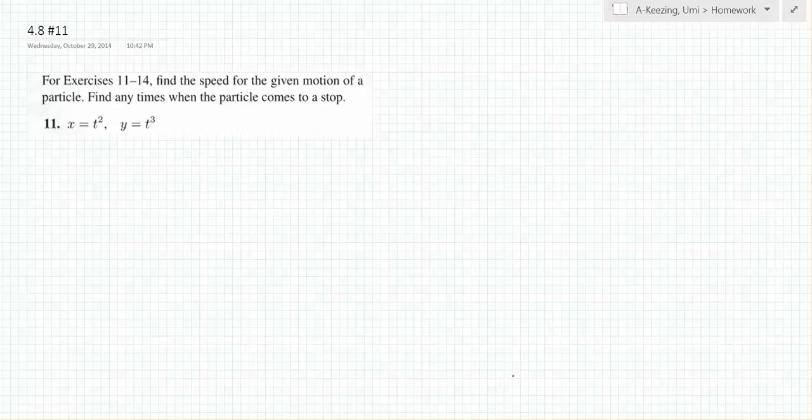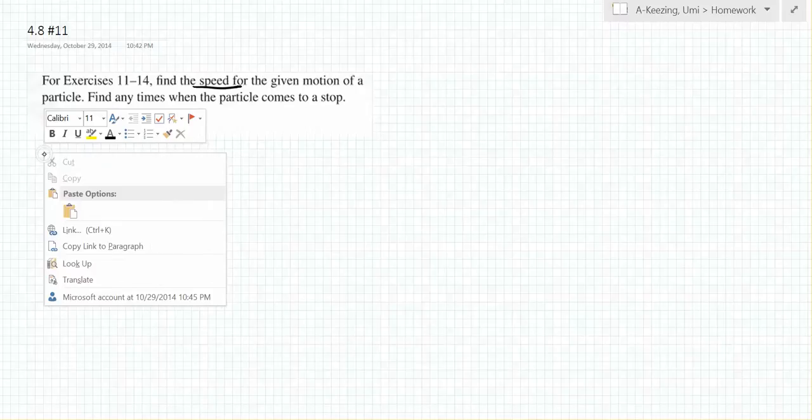So, question 11 states, find the speed for the given motion of a particle. Find any times when the particle comes to a stop. So we're dealing with the speed of the particle. We have a nice convenient formula for the speed of a particle